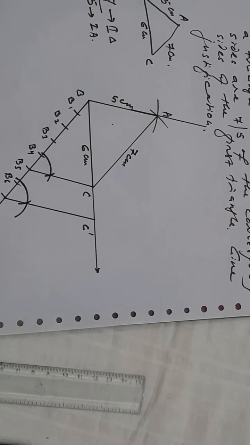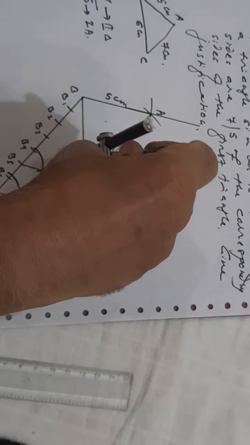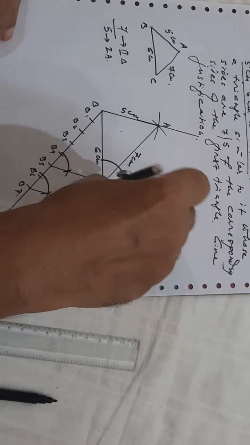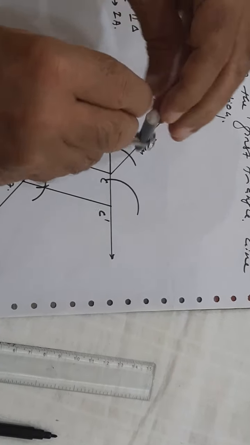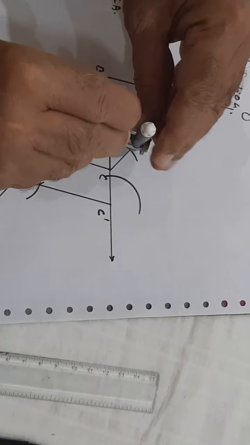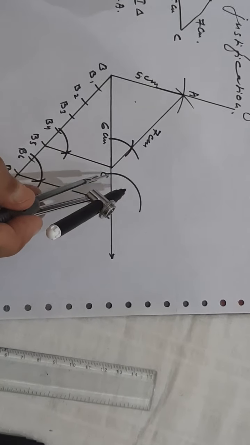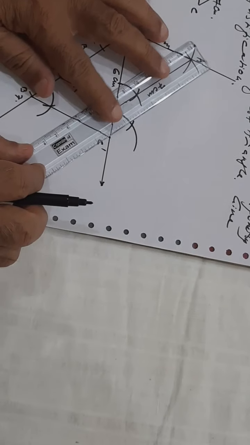So the same way as we do, we'll take the congruent angle. Similarly at C dash. Now we'll adjust the distance, or distance means radius here, and draw one arc. Now from this point, the parallel line will come. So now these 2 points should be joined.